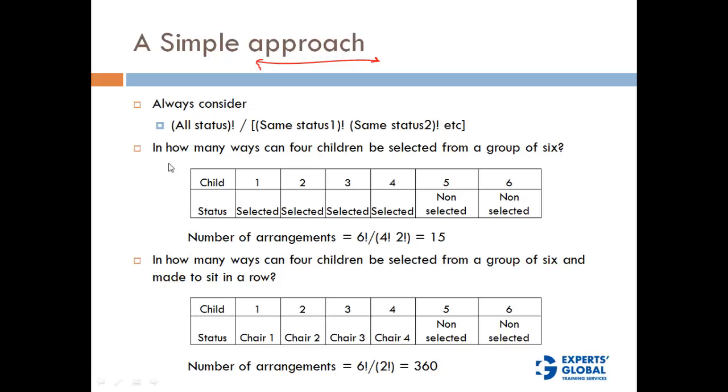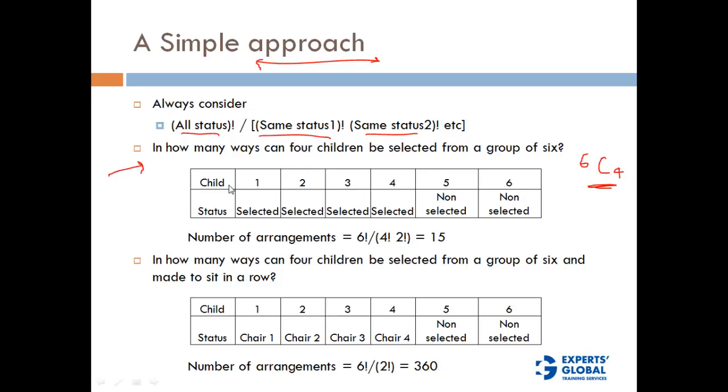and combinations. So that approach is all status factorial divided by same status 1 factorial divided by same status 2 factorial, etc. So let's understand it from an example. Let's look at a simple combination example. In how many ways can 4 children be selected from a group of 6? So it's going to be 6C4, right? Another way to look at it is